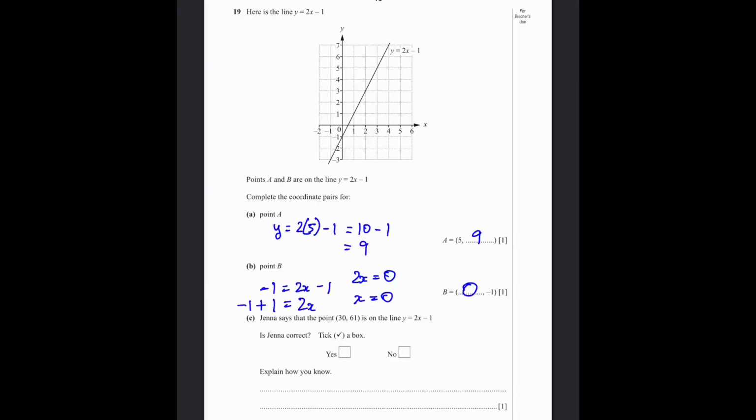C. Jenna says that the point 30, 61 is on the line y equals 2x minus 1. Is Jenna correct? Tick a box, yes or no. Explain how you worked out the answer. The answer is actually no. And why? It's because when we substitute,